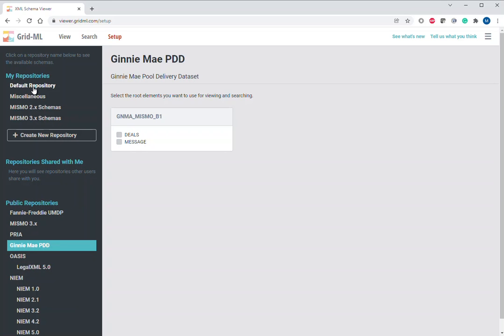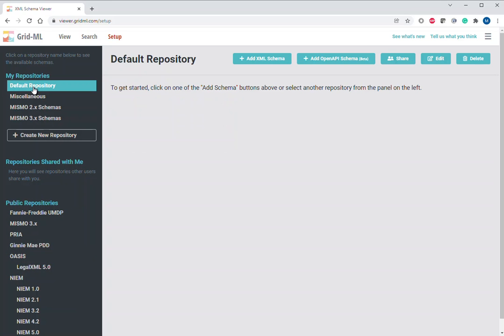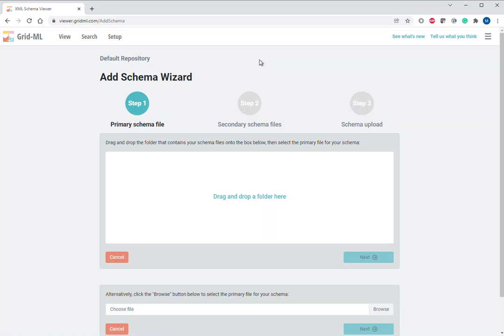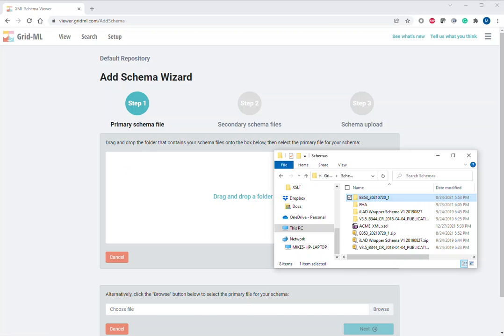But for this demonstration, I want to actually show you the process of how you set up a schema, and it's pretty easy. The first thing we do is click XML schema if that's the type of schema that we want to load. This screen has two sections. The top area of the screen is for more complex schemas where all the schema files are contained in a folder, and to use that one you simply drag the folder, and in this case I have a MISMO, which is the Mortgage Industry Standards Maintenance Organization,